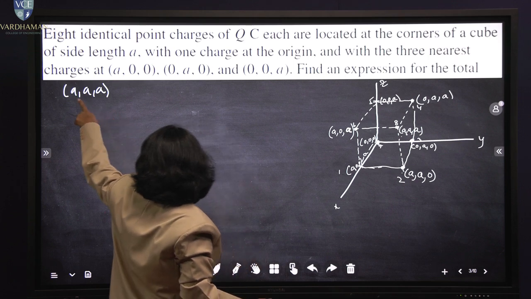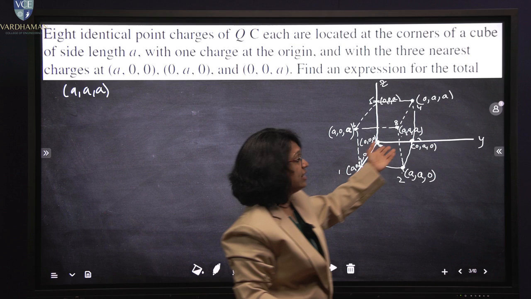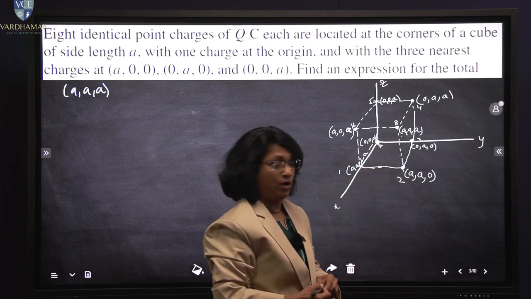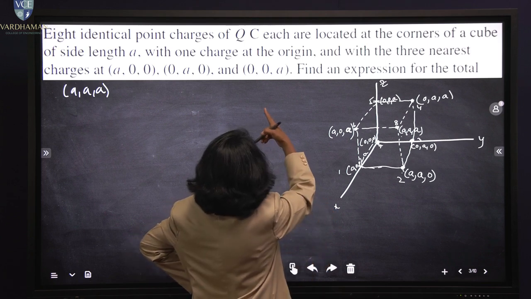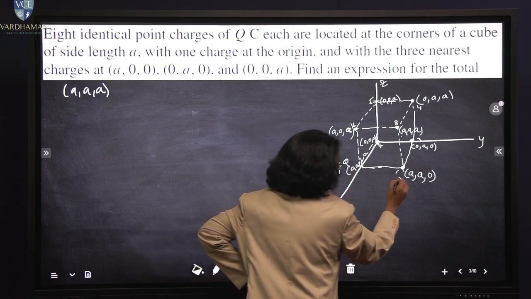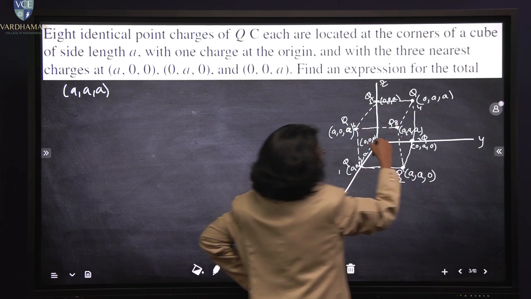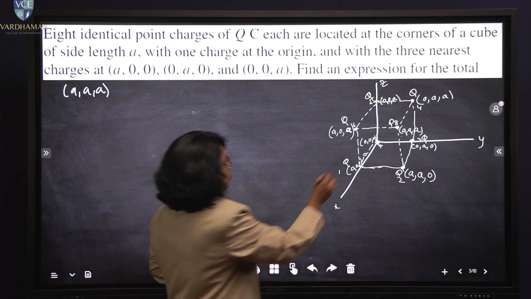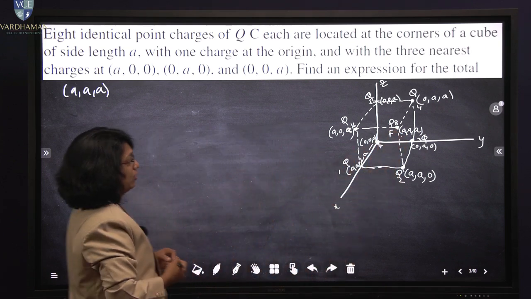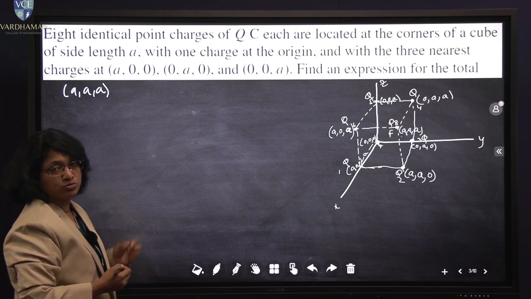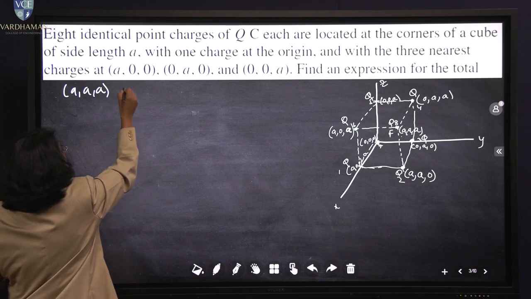We need to calculate the total electric field at this point, which is nothing but one of the corners of the cube. And 8 identical charges are placed. How much charge? Q coulombs. So here Q, this is also Q, everywhere Q coulombs is present at all these points. And we need to calculate what is the total force acting at the 8th point. For that we need to use the superposition theorem applied to Coulomb's law formula, which is F is equal to